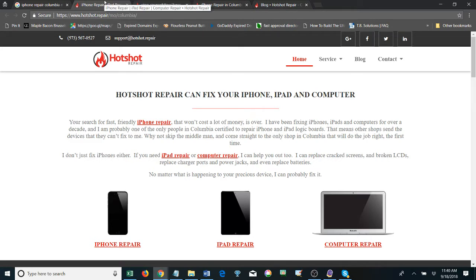So for your home page, we need to decide, instead of targeting keywords on your home page, this might be a better area for you just to target your brand name and remove iPhone repair. And then you're going to have to make similar decisions for your iPad page and your computer repair page. So I would suggest removing iPhone repair out of your title because this is one of the ways that Google knows if you're targeting a keyword. One of the biggest signals is your title tag. So you cannot have 2 title tags targeting iPhone repair.